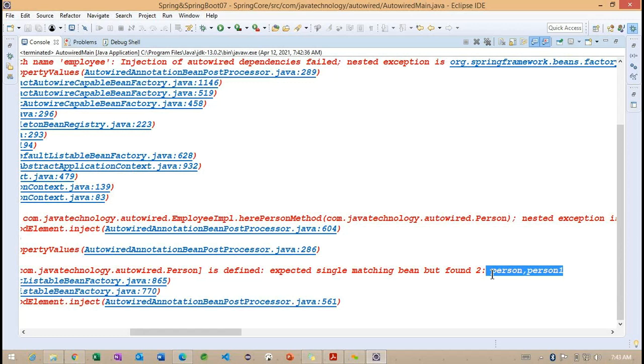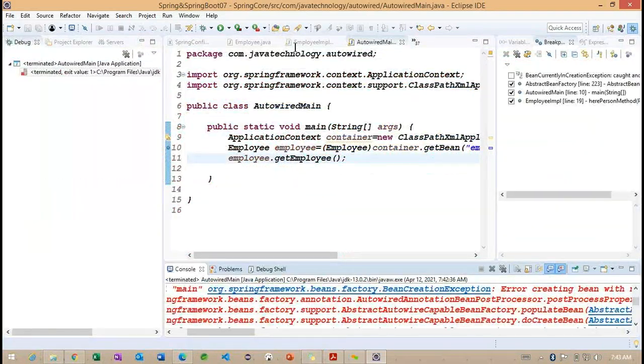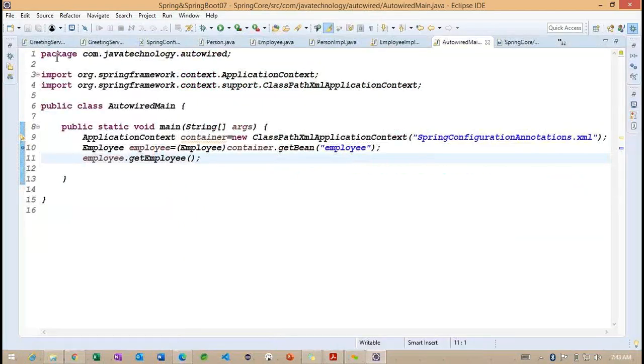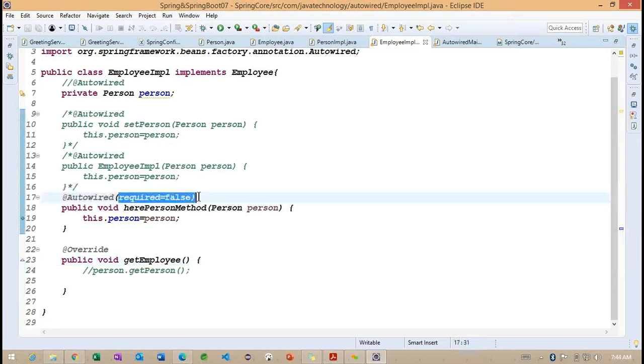Sometimes we may specify two or more beans with the same type here. But in this case, how can we identify it? How can we resolve this exception? To resolve this, what do we need to do? We have one more annotation, called the Qualifier annotation.